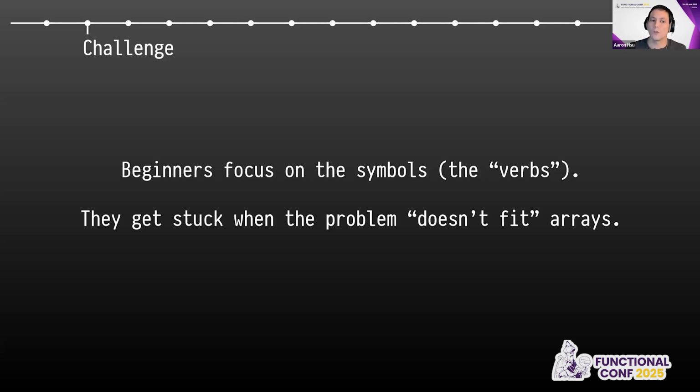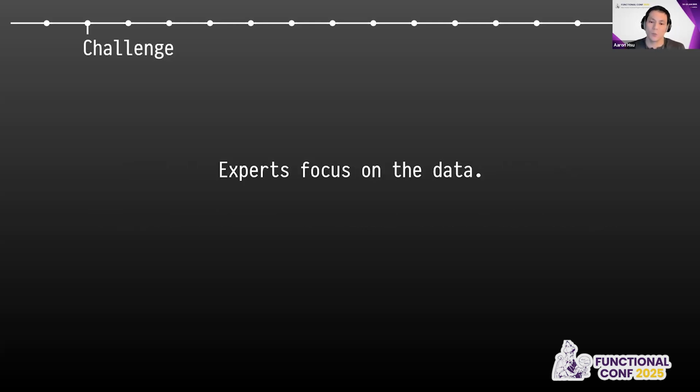And this is worse the more people are used to solving problems without using arrays. A lot of programming languages today don't reach for arrays as their core modeling tool. A lot of times you reach for a different abstraction tool to think about modeling your data. So that means that today more and more people find it more difficult to think about the problem that they're working on in arrays. And if we look at how experts work in APL, one of the key things that they do is, yes, they're very good with the symbols and the syntax, but they use that